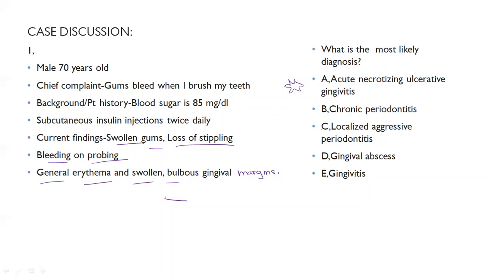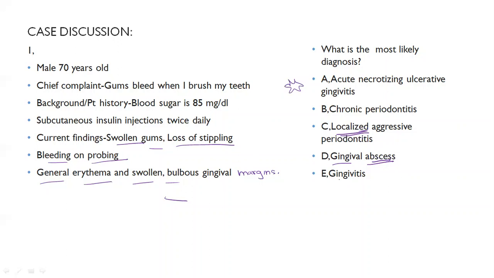Now coming to localized aggressive periodontitis, it is a localized lesion. It is not mentioned anywhere. Now gingival abscess. Whenever there is an abscess, there is a swelling, there is an infection, so the patient's temperature might be high and radiographic findings will clearly state what's going on in that case,